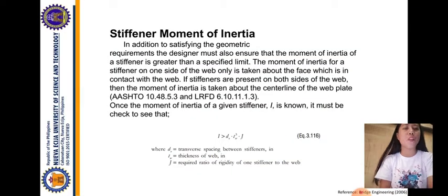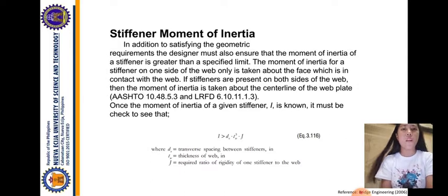Stiffener moment of inertia. In addition to satisfying the geometric requirements, the designer must also ensure that the moment of inertia of a stiffener is greater than a specified limit. The moment of inertia for a stiffener on one side of the web only is taken about the face which is in contact with the web. If stiffeners are present on both sides of the web, then the moment of inertia is taken about the center line of the web plate, according to AASHTO 10.48.5.3 and LRFD